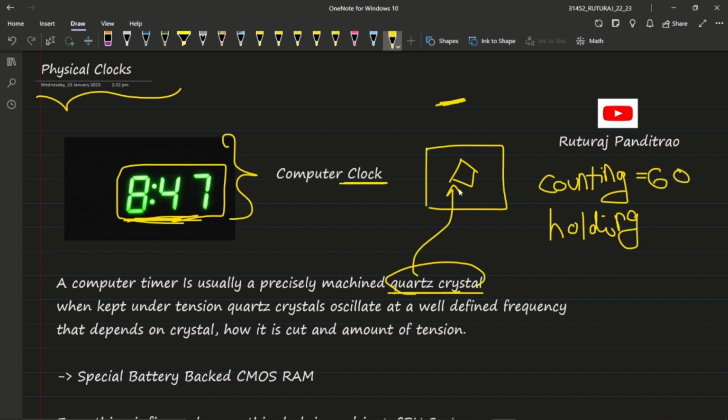Like I said, this crystal is going to oscillate, या फिर vibrate करेगा. Each time it vibrates, its value is decremented by 1. It becomes 59. Again it vibrates, the value is decremented, it becomes 58. Again it vibrates, the value becomes 57, and so on.